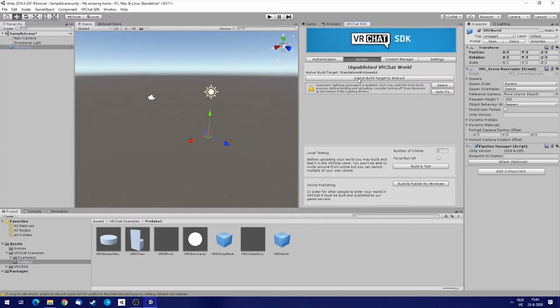We can actually switch the target to Android, and that means that you can build the worlds also for the Quest headset. For now I'm not gonna address that because it's almost the same process, but it's a little bit more complicated. So for now we're just gonna check the other message over here,